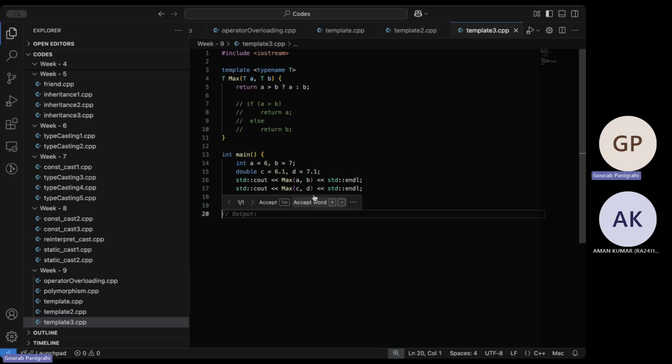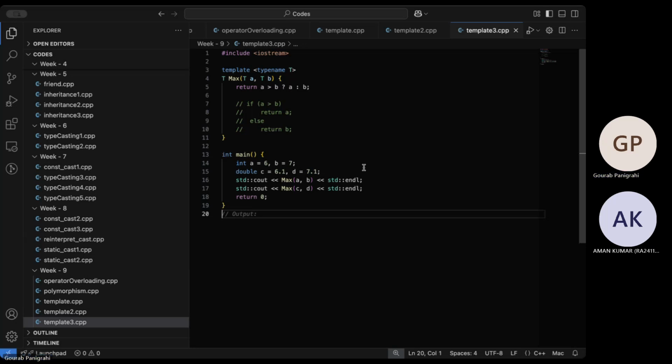The way to go about this is, first of all, we'll see for functions. Then we can actually use templates for classes also. So you have a class which is templatized, and depending on how you instantiate an object with whatever template you want, your functions and member variables will also get instantiated.